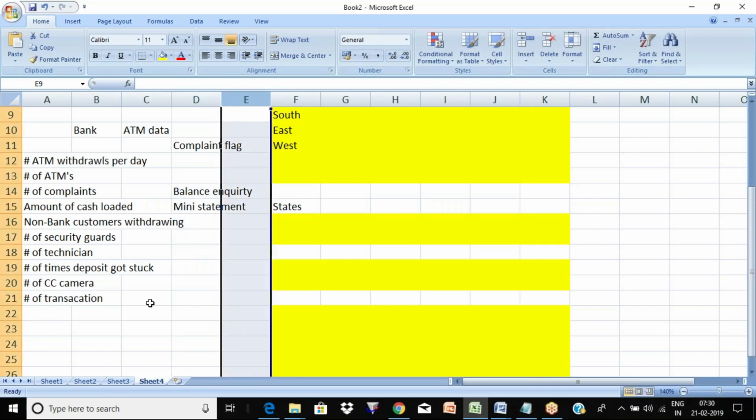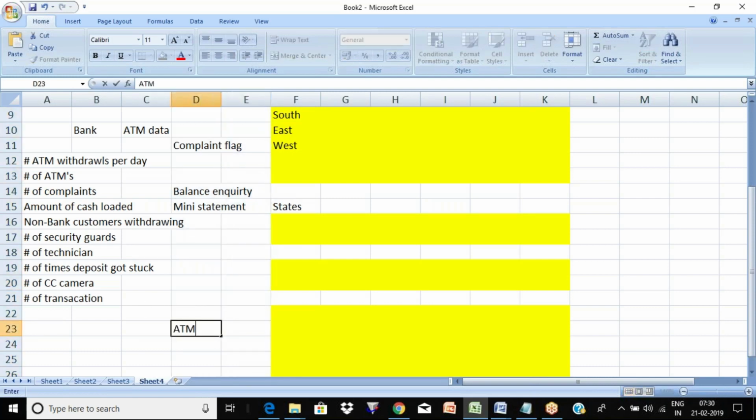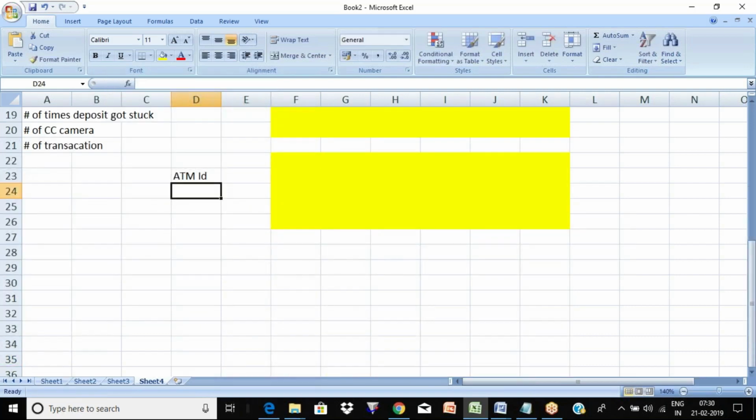All these columns will get stored. And what happens is every ATM will have an ATM ID. If HDFC is having, let's say, Pan India 5,000 ATMs, how do we identify which ATM is where? So they give a unique number to the ATM. Whenever you go to any ATM, there will be a label over there, and it will be written ATM ID. That is the unique ID. It will have the location, the city, country, state, all that information will be there on that ATM.